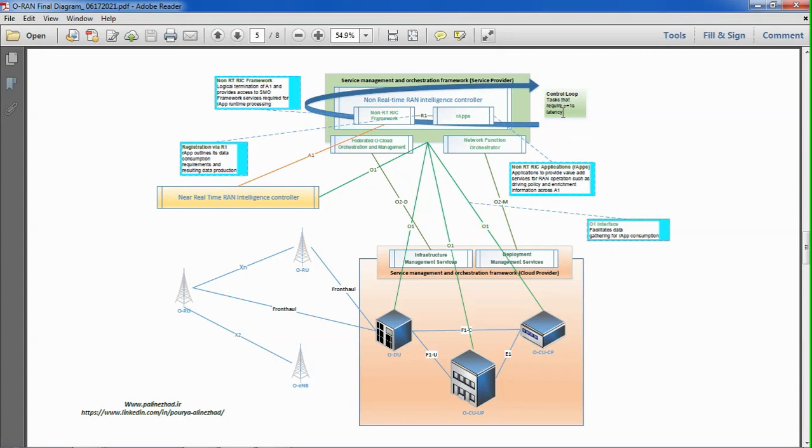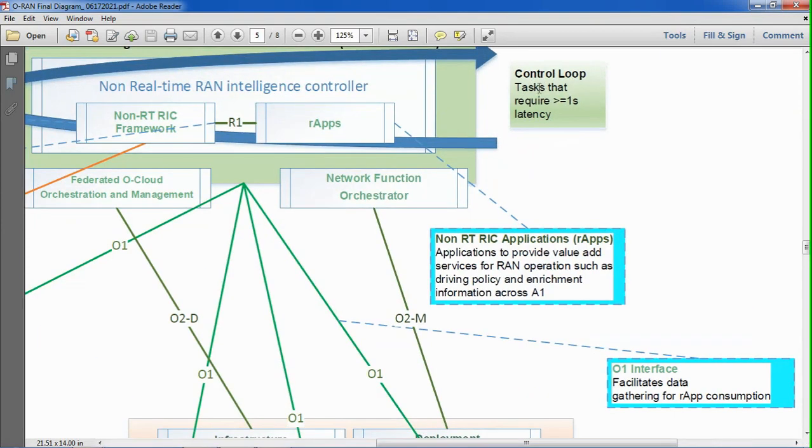It takes 1 second or more for the non-real-time RIC to execute its functions. We will talk about its functions and applications. This non-real-time RIC is a logical function. It means it is software and it is not hardware. And it only connects here